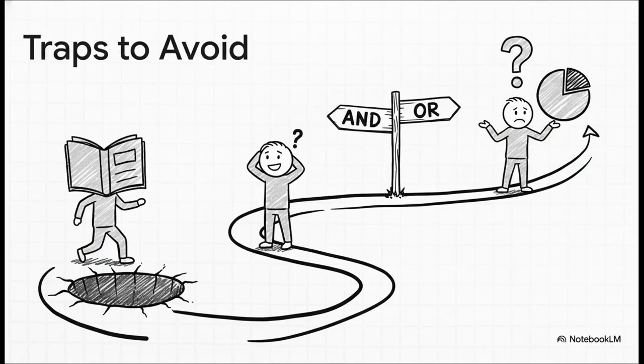And hey, as you get more and more confident with this stuff, just keep an eye out for these really common traps. First, don't just be a formula robot, okay? Try to understand why the formulas work. Second, always double-check if you're dealing with an and or an or situation. They're easy to mix up. And maybe most importantly, never forget to actually interpret your answer. A number like 0.75 isn't just a number, it tells a story about what's likely to happen in the real world. So always ask yourself at the end, so what does this actually mean?